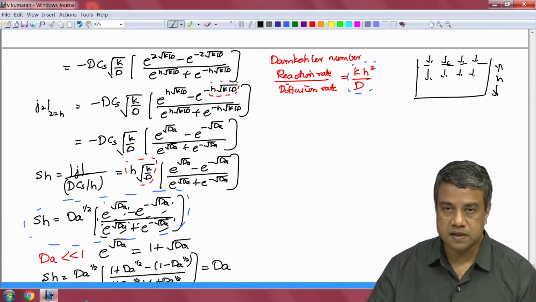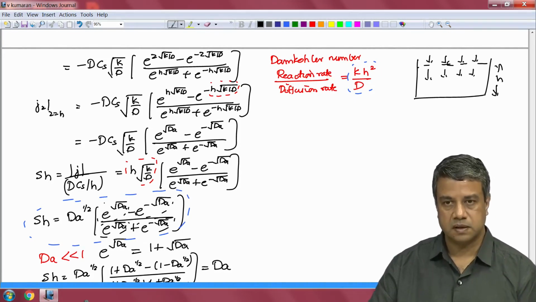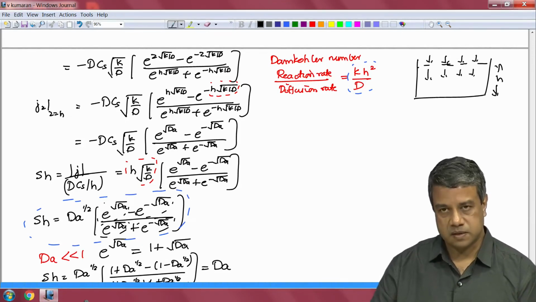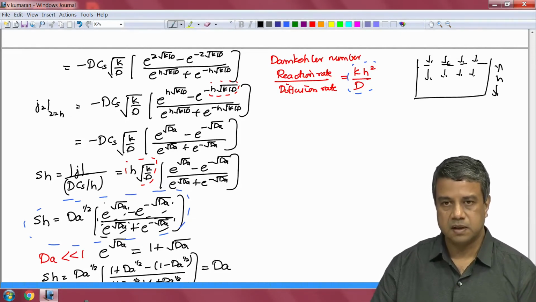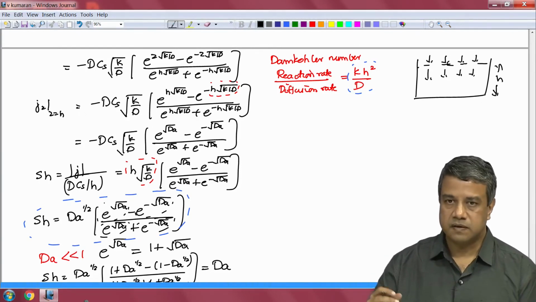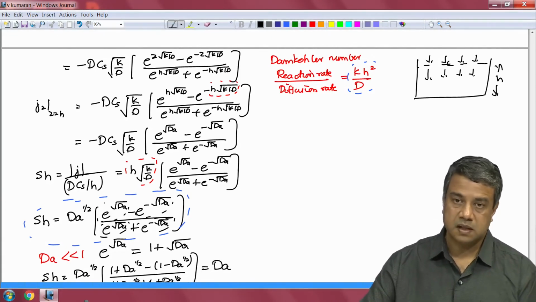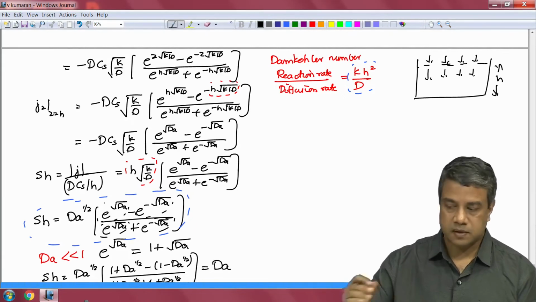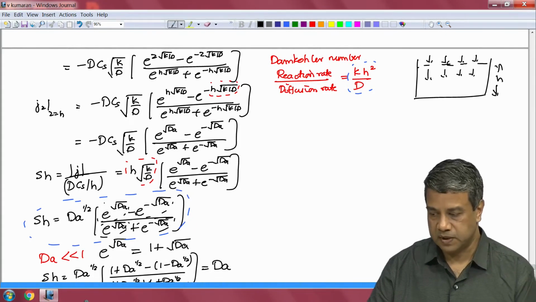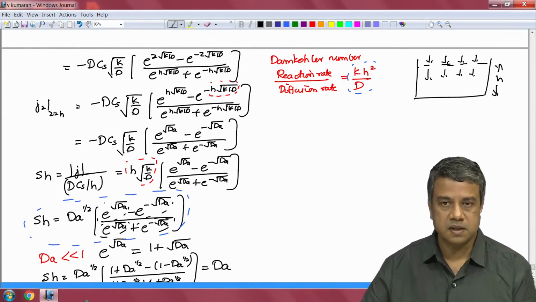If the rate of consumption is much smaller than the rate of diffusion, if the Damköhler number is small, so that the reaction rate over a thickness h is much smaller than the diffusion rate based upon the concentration at the surface, then I can neglect the consumption term in the